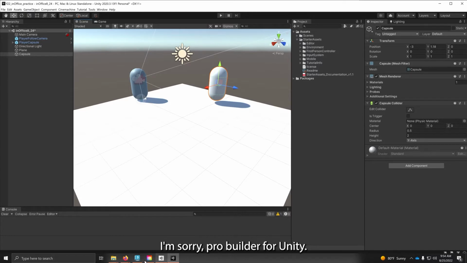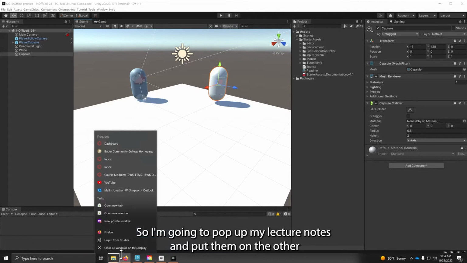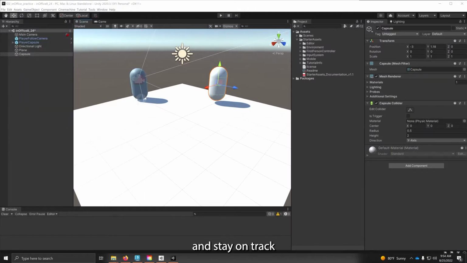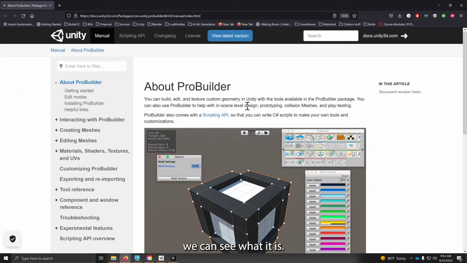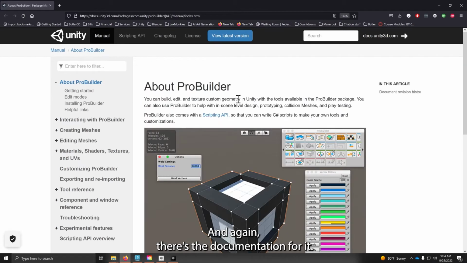ProBuilder for Unity. So I'm going to pop up my lecture notes and put them on the other screen real fast so that I can continue and stay on track. So ProBuilder for Unity 3D, if we follow that link, we can see what it is. And again, there's the documentation for it. It's a building tool